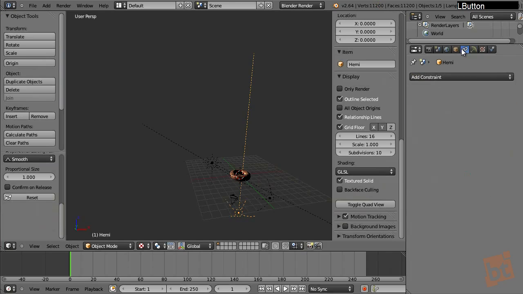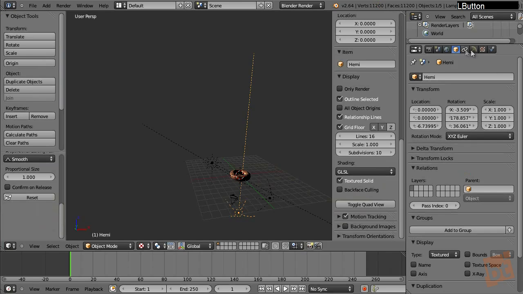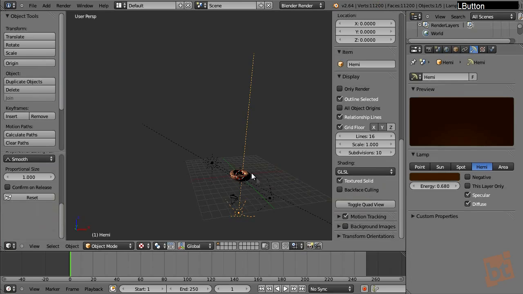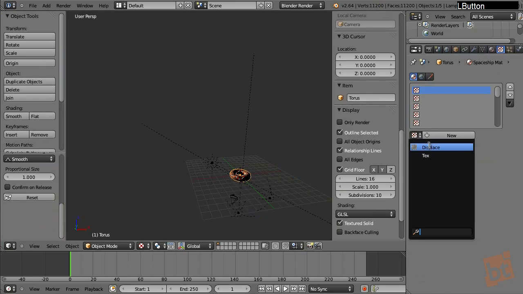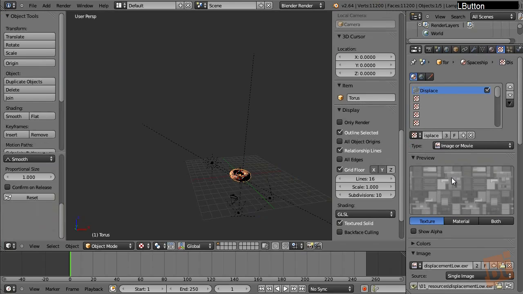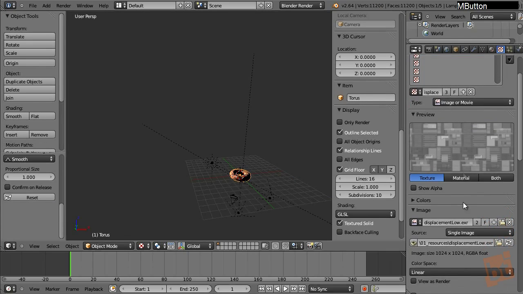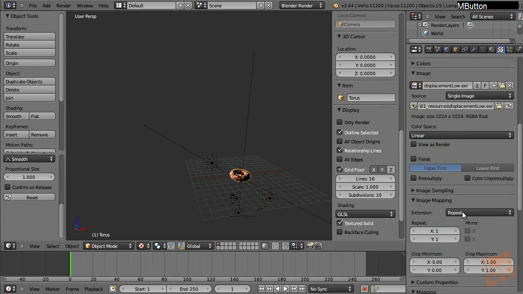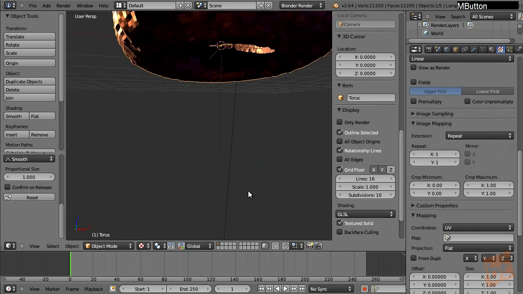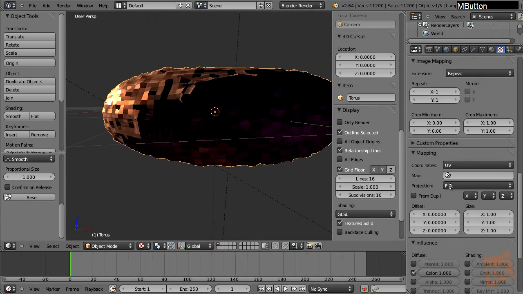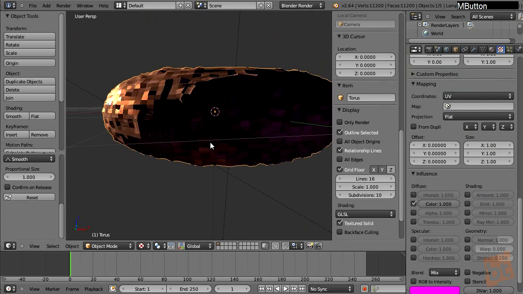And now just to try it out, sorry, we could just add a texture here. It will be the displace. And this texture, we are gonna use it on, instead of generated on UVs, and it's gonna bring, let's try